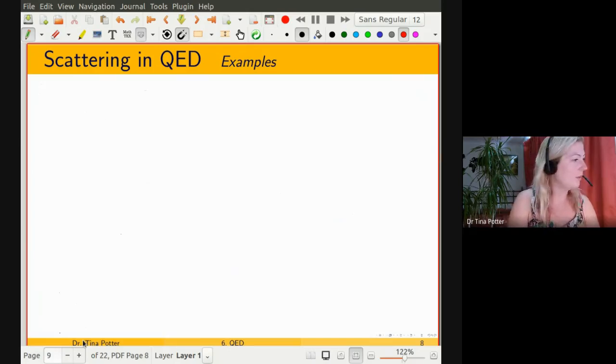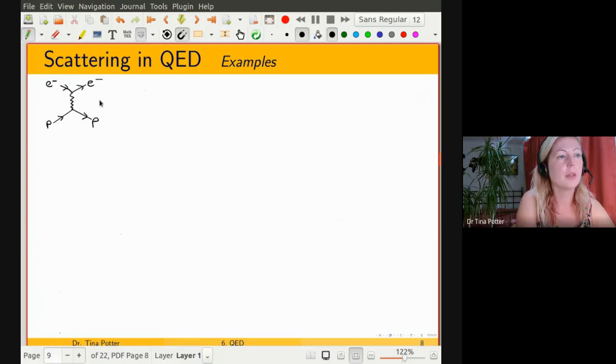Right, so let's just have a look at the electron-proton scattering first. And I'm going to draw the diagram for you again because it's good practice for me and for you. So we have an electron coming in. It's going to exchange a photon with a proton. Okay. We're going to label that photon there, and I'm going to label our vertices here as E and E